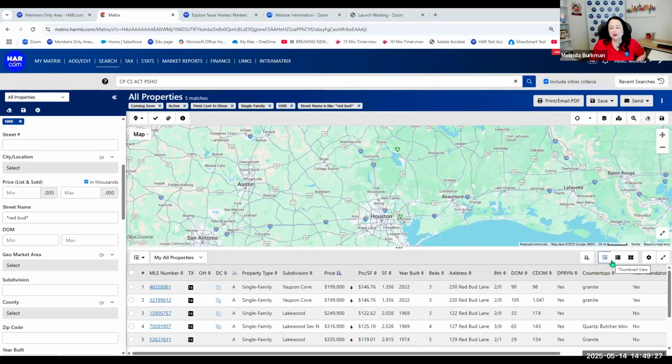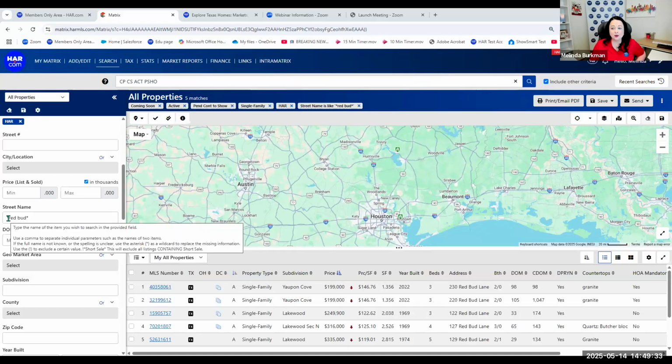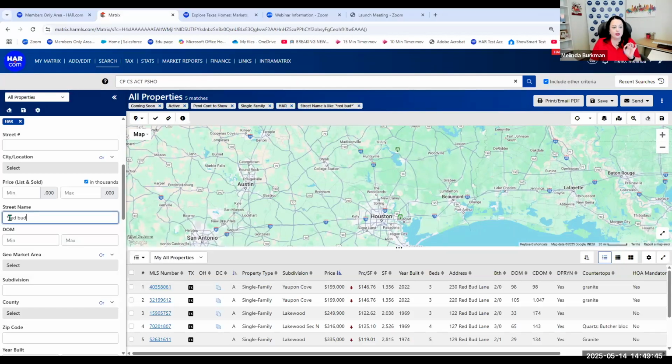Close to Trinity. So the wildcard feature is basically telling the system, show me any listing with the word Redbud anywhere in the name, because I put the asterisk on either end. It's saying either before this or after this. If I put Redbud with an asterisk only before it, then it would be ending in the word Redbud. So South Redbud, show me those, okay? If I put the asterisk afterwards and not before, then it's saying the address is going to start with Redbud, Redbud Place, Redbud Springs, okay? But if I leave it with both of them on there, then it's anywhere in the name.